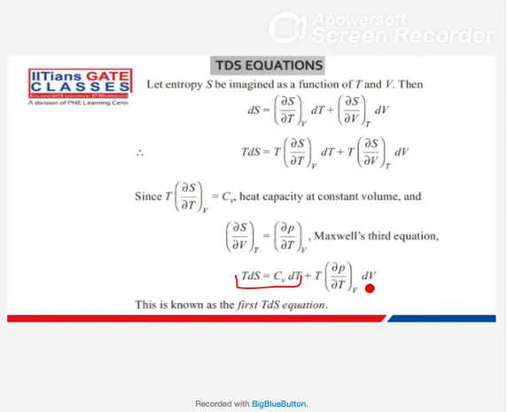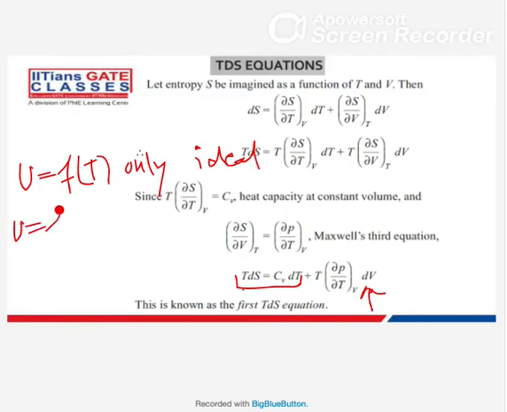If volume is constant, then dV will become 0, and then TdS equals CV dT. So internal energy is a function of temperature only if it is ideal gas, and for real gas